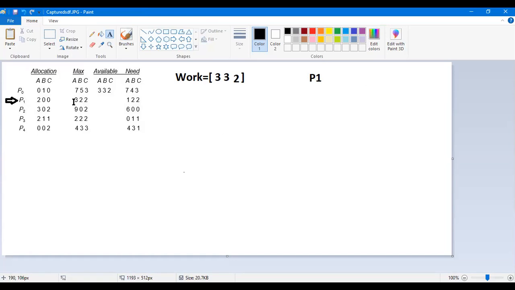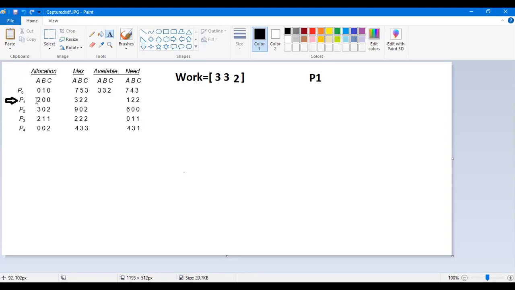P1 will release all the resources it is having. How many resources will P1 be having when P1 was executing? 200 plus 122, because we have already allocated 122 from this work. So P1 will release all the maximum allocation, whatever we have supplied to P1.